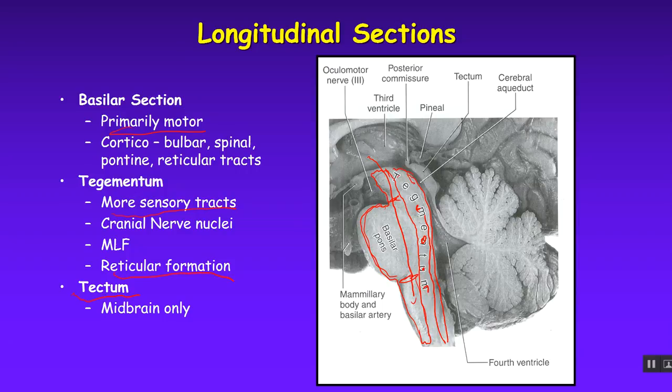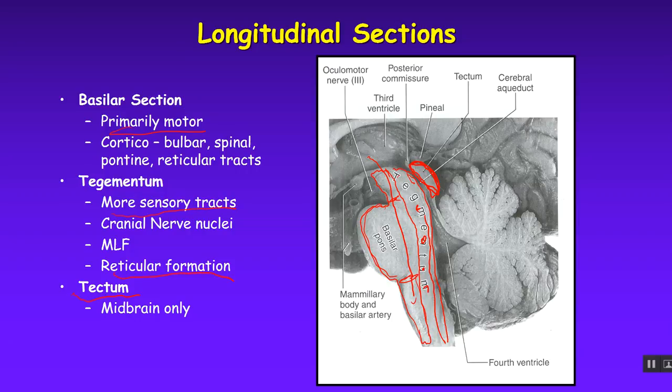Basilar is the front part. Tegmentum's kind of the meat or the body of it. And then here's the roof right here. That's just your superior and inferior colliculus, only associated with the midbrain. So that's the tectum. So those are the three longitudinal sections, and you're looking at a sagittally sectioned